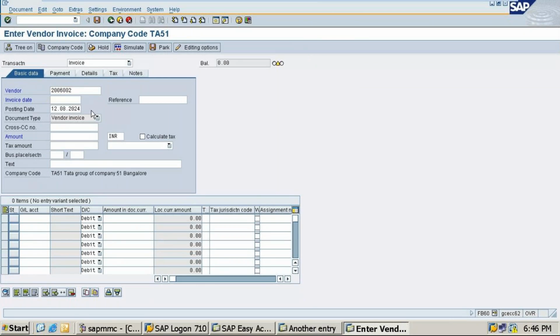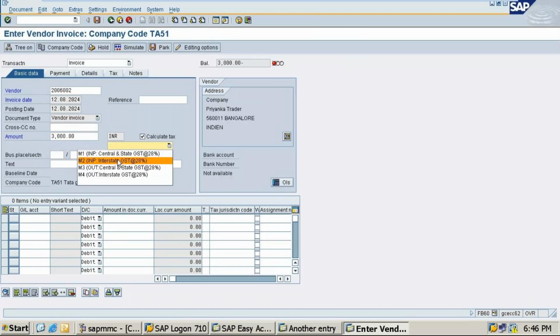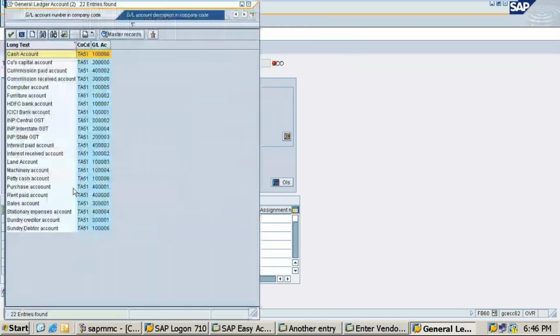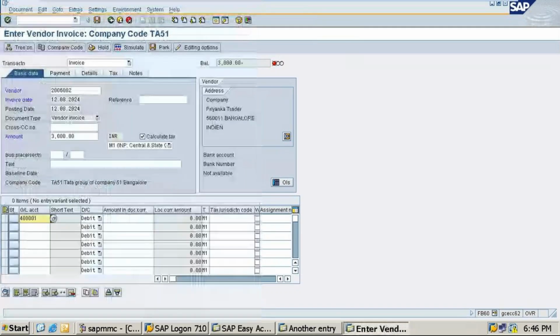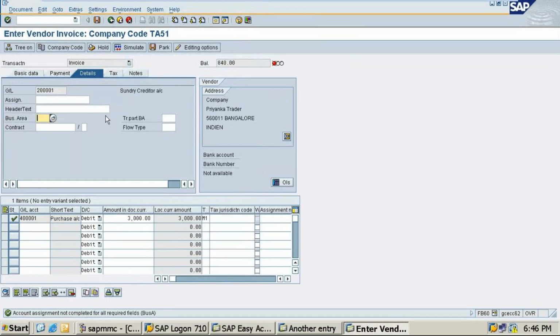Invoice date 12. Amount 3000. Tax I have to clear, M1. This is the GL account, purchase account. Amount is 3000. Press enter.